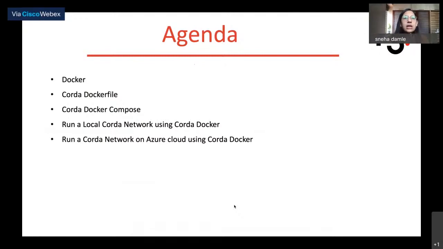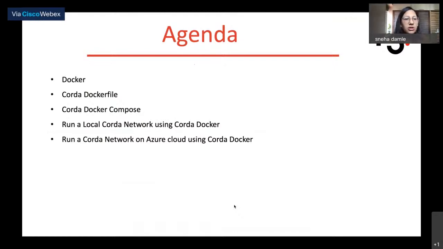We have built the Corda Docker image, so we are going to take this image and our Corda app, and deploy all the nodes in different containers and see how they can interact with each other.